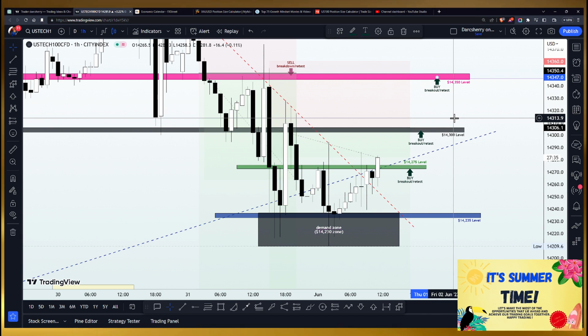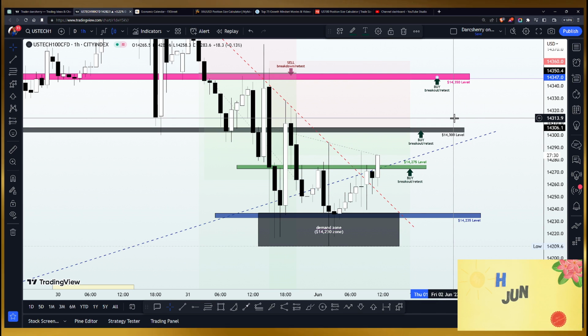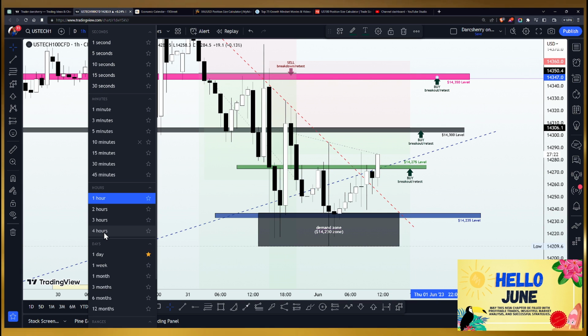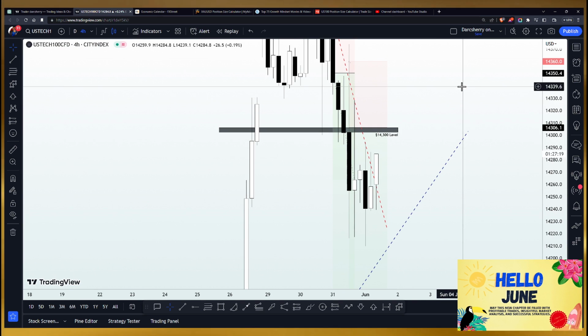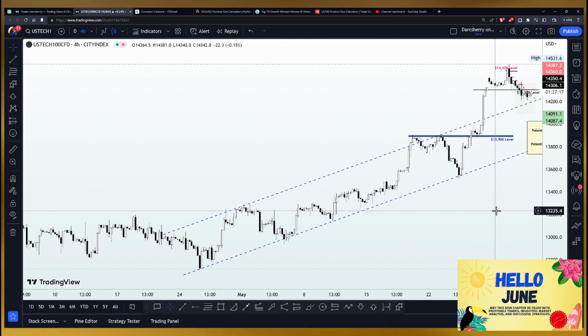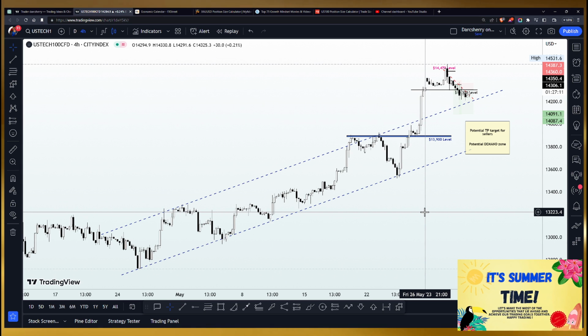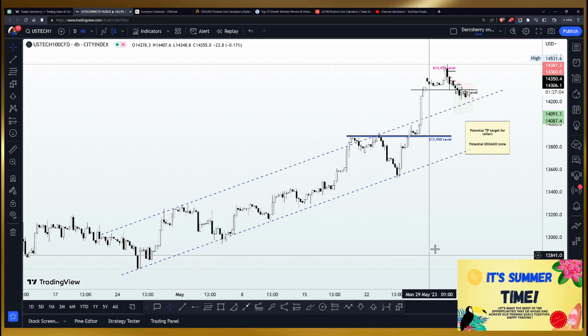Now, to further emphasize the potentials of the buyers in this current market structure, I would like us to scale up a little bit into the 4 hours time frame, where you will be able to see what we identified at the beginning of the week, and look at what we have here on the 4 hours time frame. It is quite obvious that price action has been bullish since the beginning of this month, and to further buttress that, we have an ascending channel to manifest this.